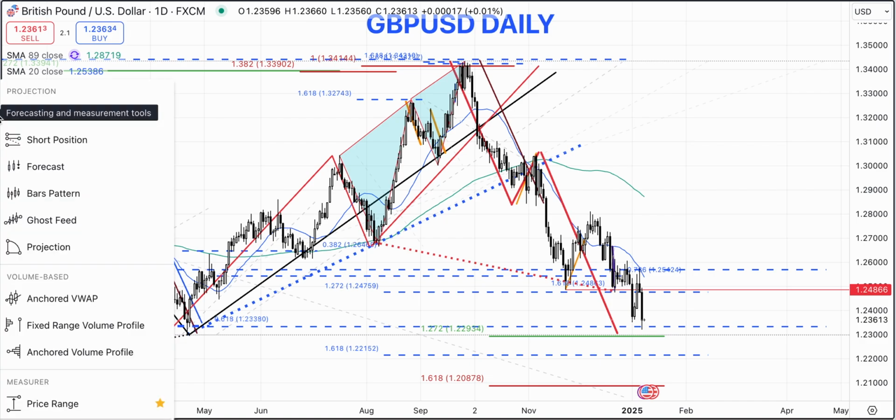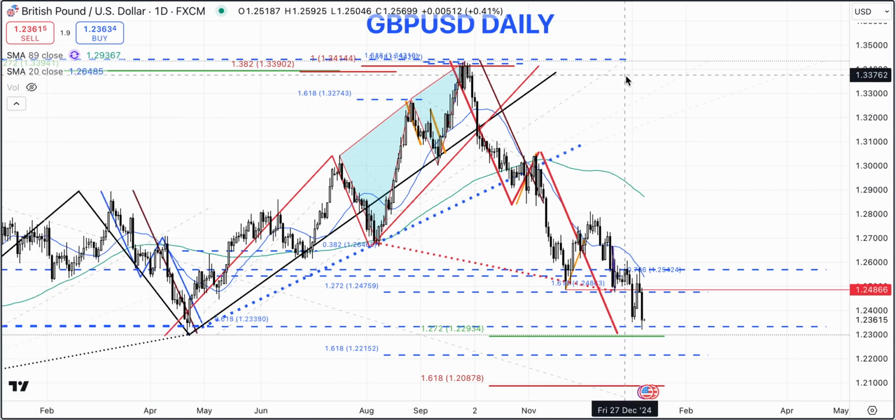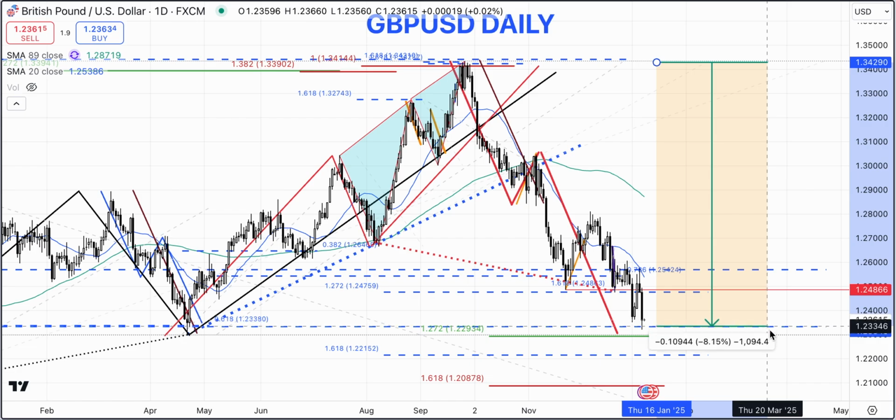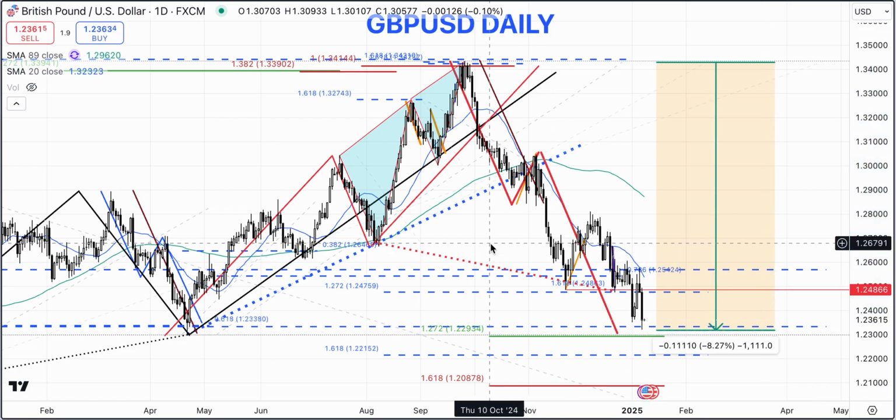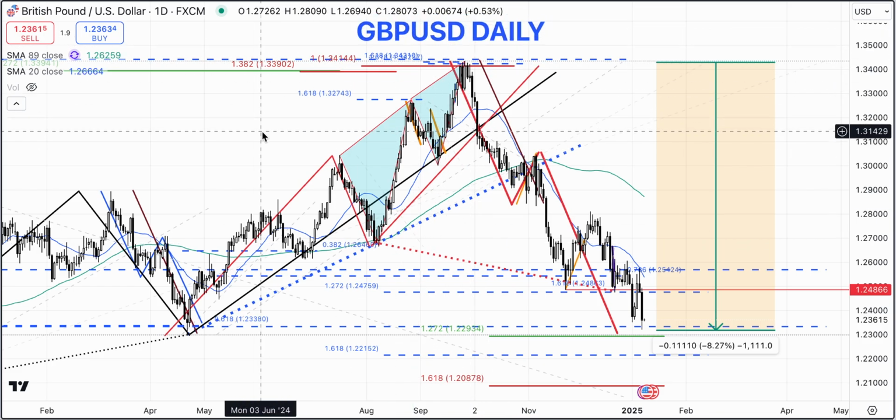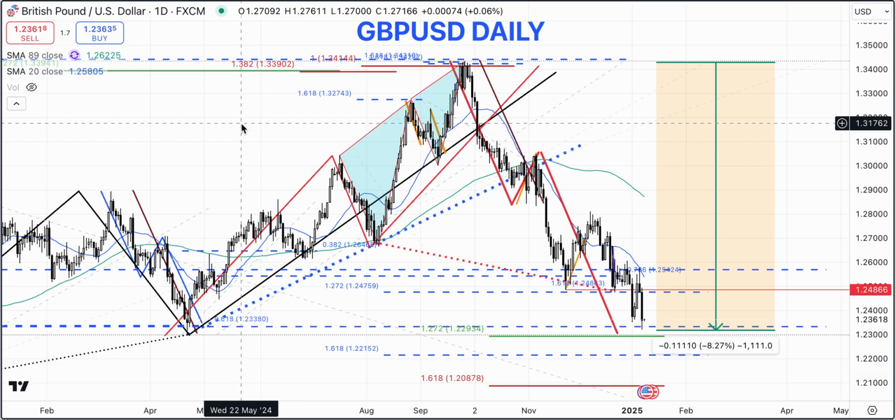Let me try to see what's the right tool to use. How much we have seen in terms of percentage lower thus far. So we have seen this market drop by 8.27%, and that is a pretty significant move for a market which trades $8 trillion on a daily basis, and the British pound is the third largest currency pair traded. The largest one is the Euro USD, followed by the Japanese yen versus the US dollar. And then we have cable, which is the third largest